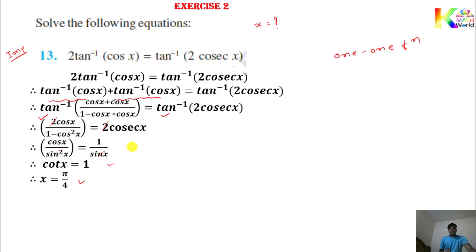Here no condition is given and you cancelled it out. It means this sin x is non-zero. Suppose it is non-zero, then you can solve this equation. Suppose it is 0, then using cross multiplication, sin x gets multiplied to cos x. But as you can see, this thing is in the denominator, so it must be non-zero. So no need to discuss that case, and I am not going to discuss that case here.